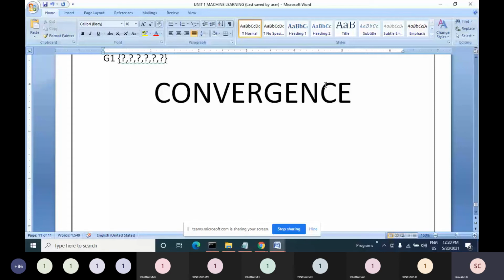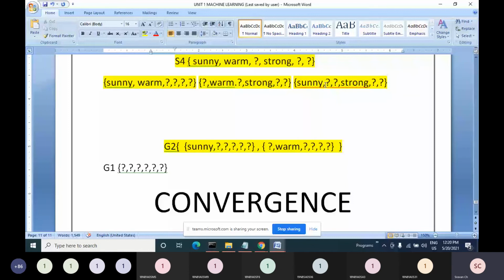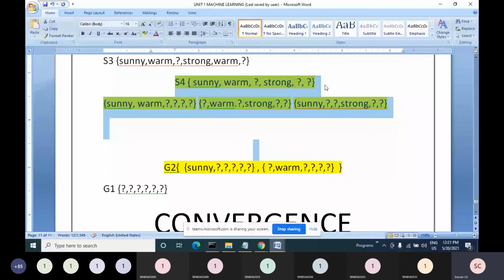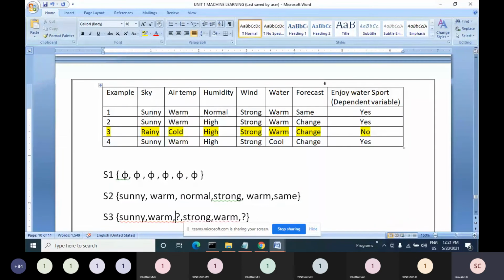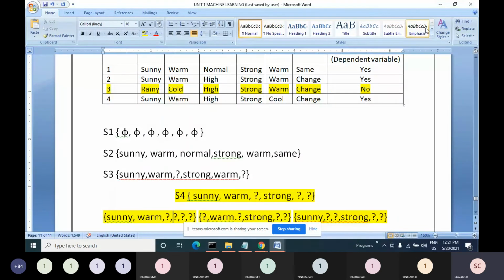Now if you observe in the candidate elimination algorithm, how many hypotheses did we get? 6 hypotheses, meaning 6 mathematical functions or 6 logics or 6 formulas to predict whether my friend will go for a water sport or not. Now you may ask, sir, how can I depend on 6 different hypotheses? There should be only one hypothesis. Why do we have 6 hypotheses? I'll give you one more example to make things more clear.